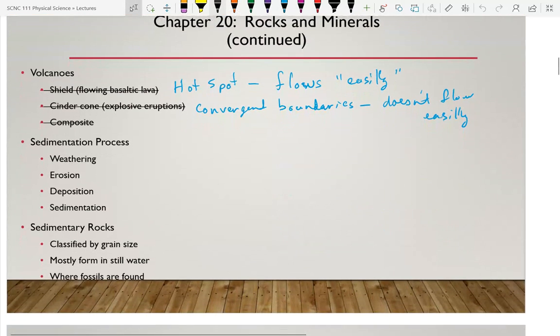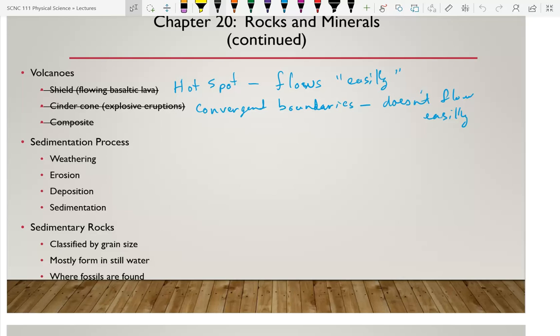Now, volcanoes, we didn't talk about shield or cinder cone, but we talked about them nonetheless. The Hawaiian Islands are shield volcanoes. They're called shield volcanoes because they're pretty flat. They look like pancakes. They don't have big cinder cones on them. The difference is a hot spot, where you have magma coming up from deep, that magma usually flows reasonably well for magma. And if it flows reasonably well, it comes to the surface and just flows out,